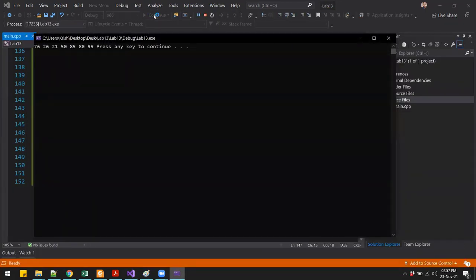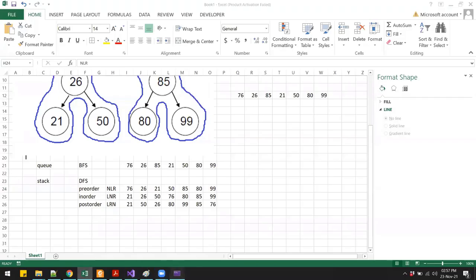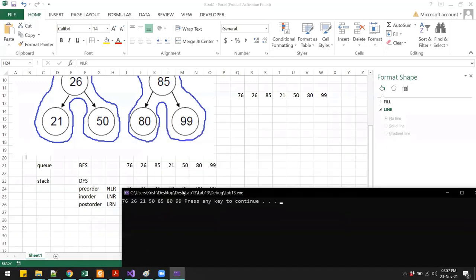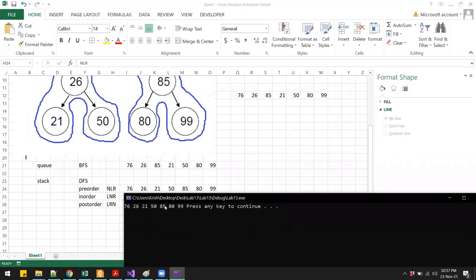Okay, seems like it is working. We have 76, 26, 21, and let's compare that with our result. So we have 76, 26, 21, 50, 85, 80, and 99. So it is working. That was the pre-order traversal.